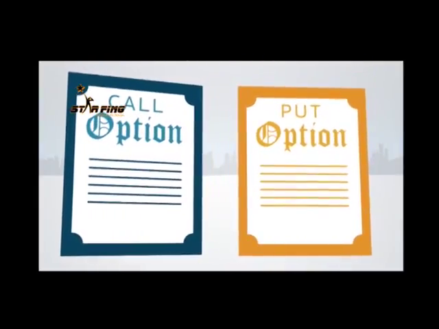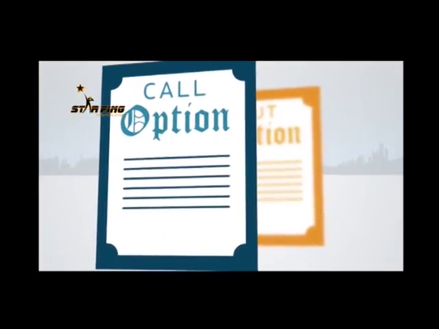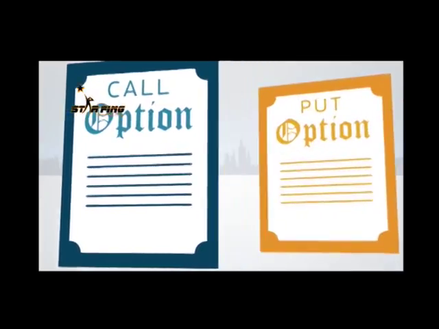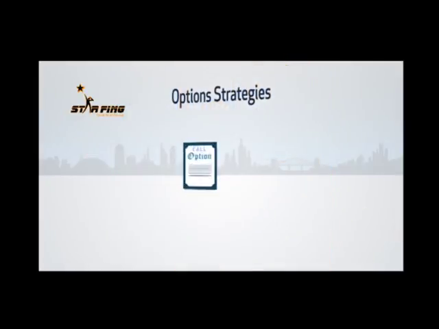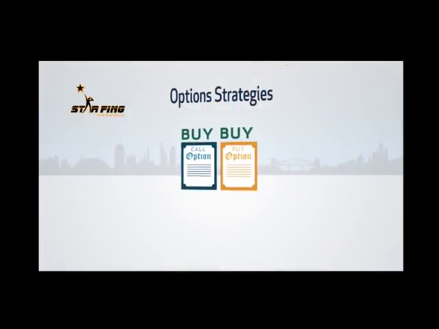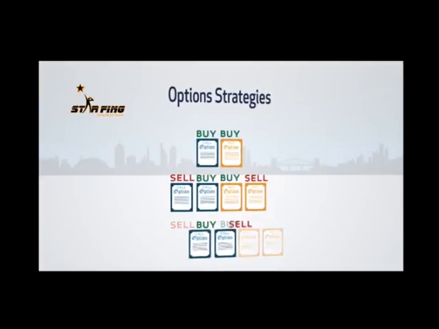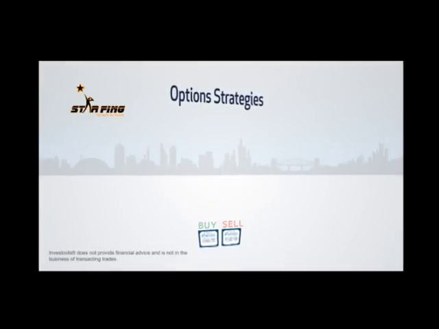While we showed you one example, options can be used in a variety of ways. There are call options, which we just saw, that are good to own if the price of a stock goes up. And there are put options, which are good to own if the price of a stock goes down. Calls and puts can also be combined in a variety of ways. By buying and selling these options, investors have the potential to make money when the market moves in any direction and create strategies with a variety of risk levels. Because of the risks involved,